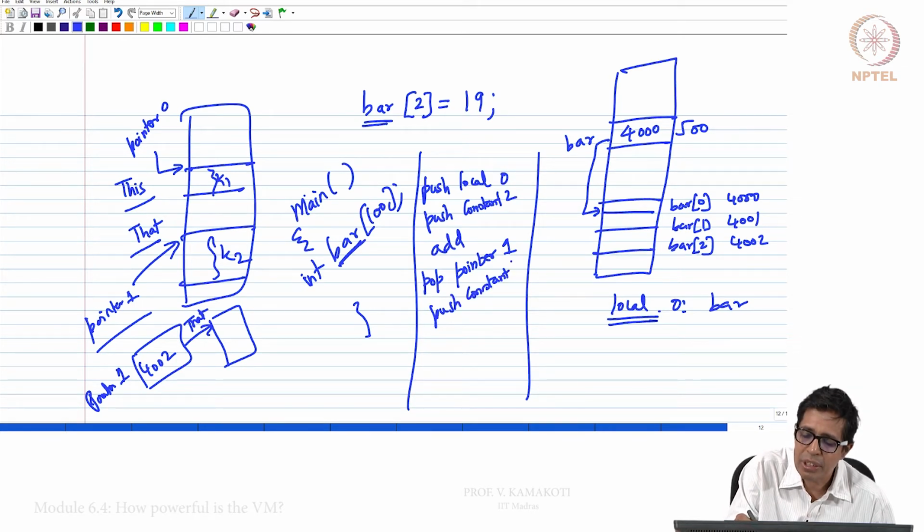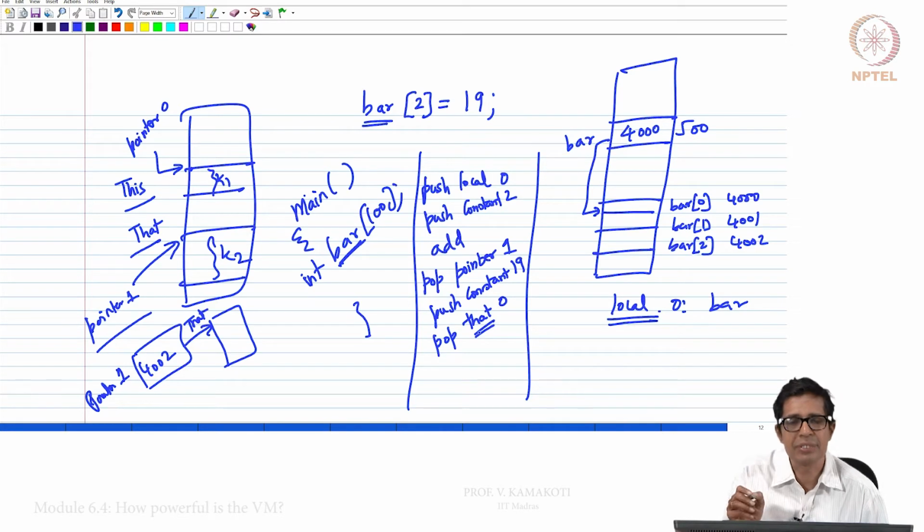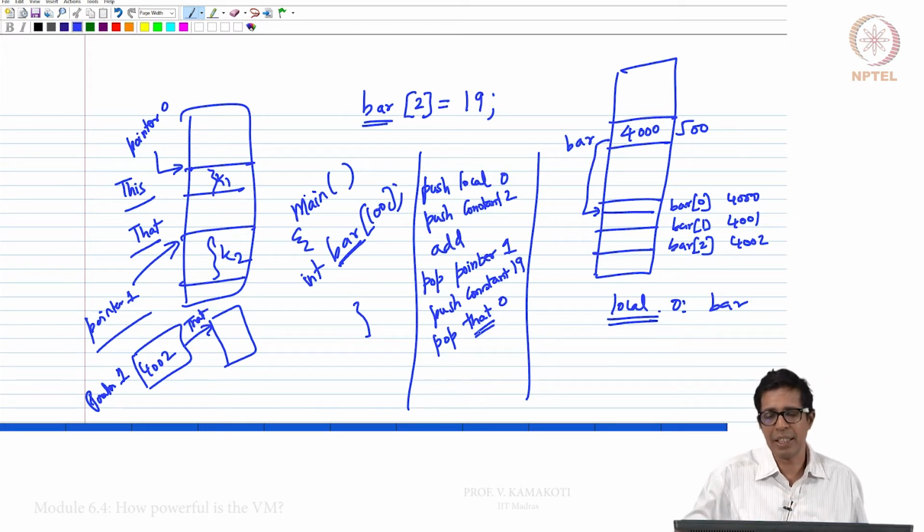So, 19 is on top of the stack. Now, I say pop that 0. The moment I say that, where is the start address of that? That is given by pointer 1, that is 4002, and 0 is the index. So, 4002 plus 0 is 4002. In 4002, I need to store 19. This is how the entire thing works.